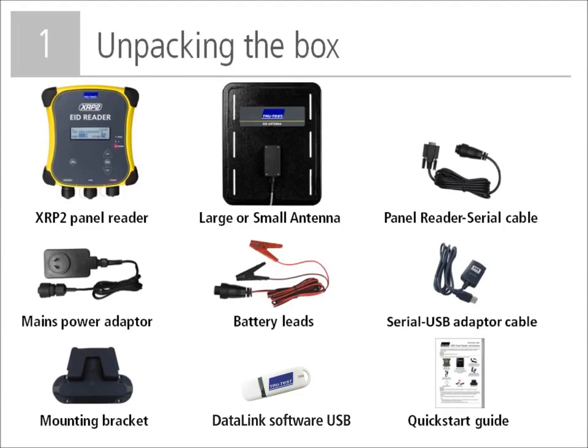that may be supplied separately, the panel reader serial cable that is used to connect the panel reader to a wayscale indicator, the serial to USB adapter cable that together with the serial cable provides a connection to a PC, the battery leads for connecting to a 12-volt battery, the mains power adapter, the mounting bracket for mounting the reader on the antenna or the side of a crush or a chute,